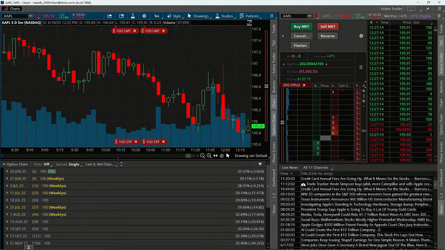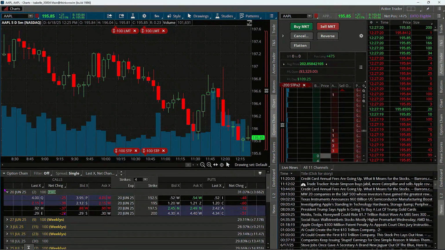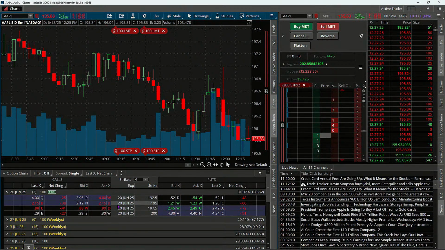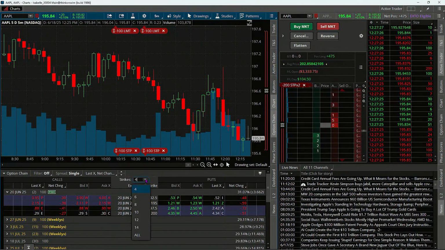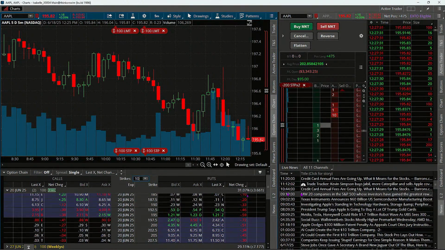And now I've got it right below my chart, and I can access current market for this week's expiration. The 2 series of contracts above and below the at the money is what I'm showing, just 4. I want to expand it. Let's go to 10. But some traders might find this to be a helpful visual.